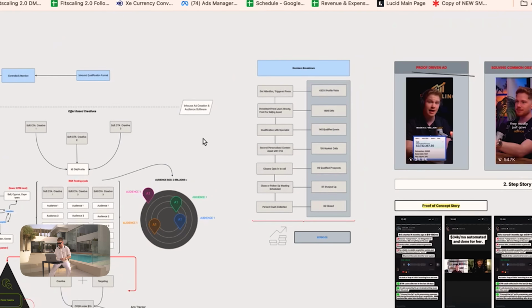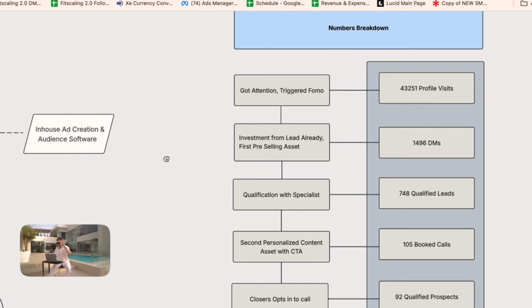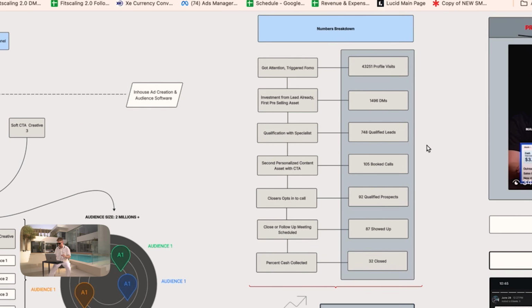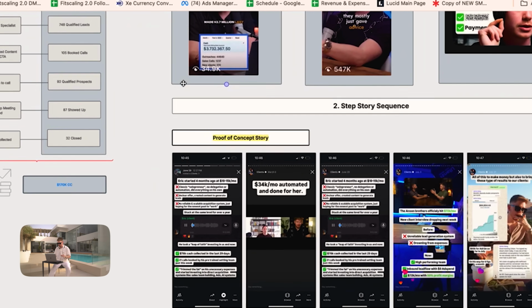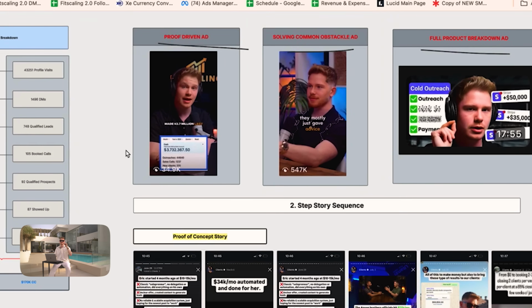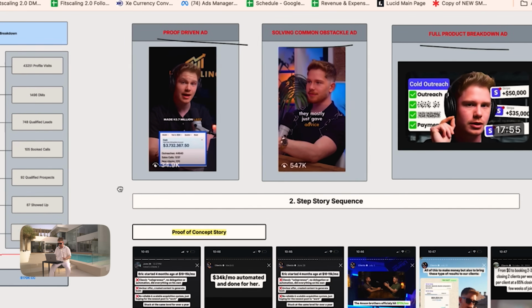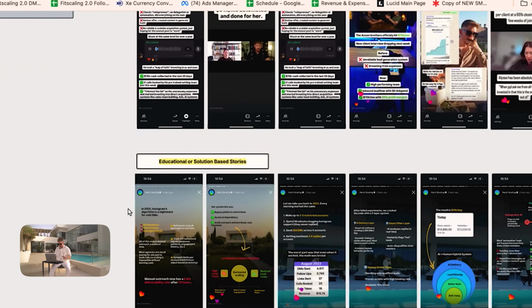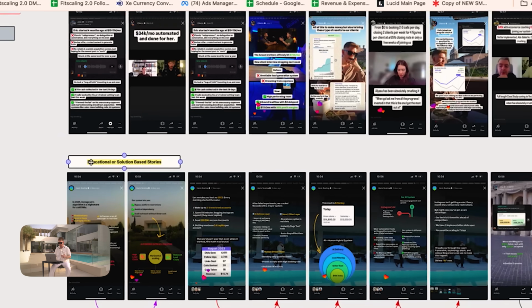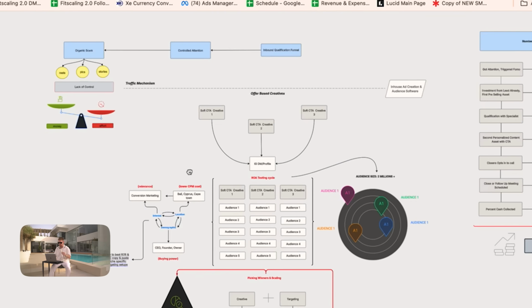And then I'm going to show you a little bit of a numbers breakdown in terms of how we actually break down the numbers, how our ads are performing. I'm going to make sure that I will show you our exact creatives, okay? So you will see what exactly I am doing so you can replicate it as well. And in terms of how we build up the entire funnel in terms of story flow, etc., okay? So it's extremely important that you understand the key components here, all right?